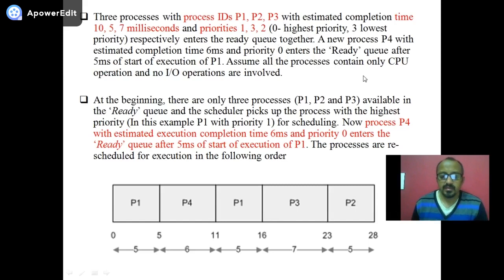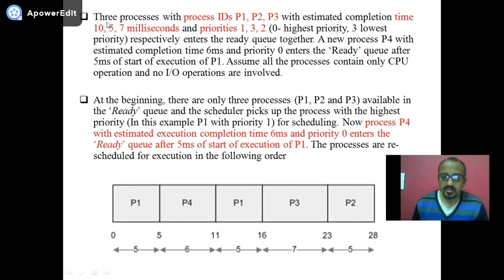P4 enters later. Okay. So first in the ready queue there are only 3: P1, P2 and P3. So only 3 are listed first. The ready queue is sorted: P1, P2 and P3. And then P1 is the highest priority here. I told you 1 is the highest priority and 3 is the lowest priority. Look, P1 is the highest priority, so it is listed first. So if it executes,